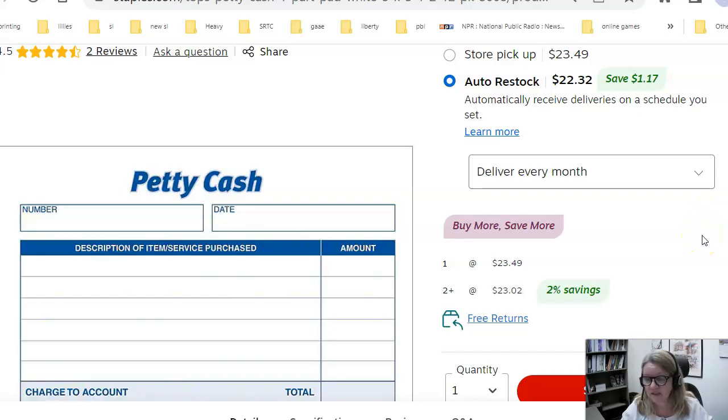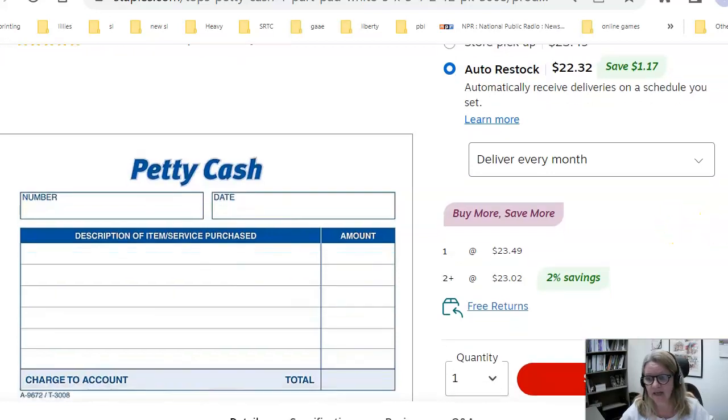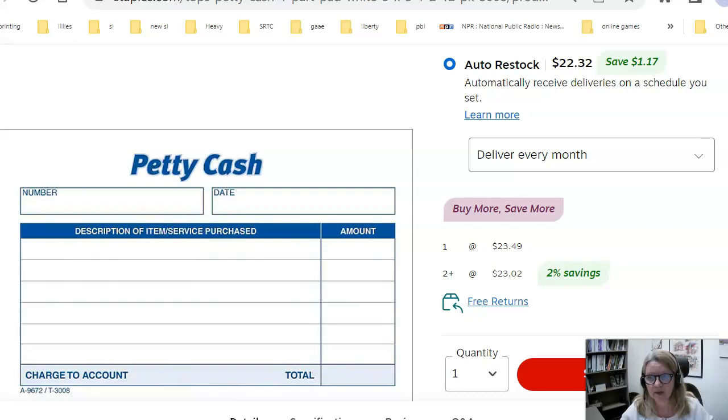Alright, so now we're going to move on to Section 2 video. And Section 2 video has to do with the setup and the control of petty cash. Petty cash is considered a little bit of an old-fashioned idea. Most companies today have something like a debit card or a credit card that they give to a trusted employee, and he or she will do the office purchasing that needs to be done in cash. But it is still used, and it's a good idea if you have a company that relies on